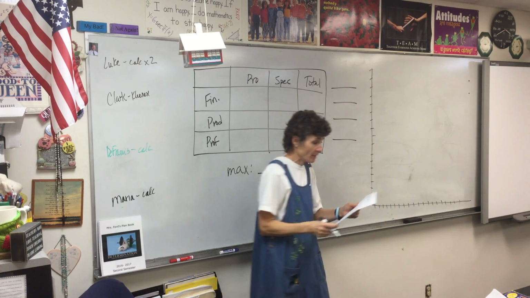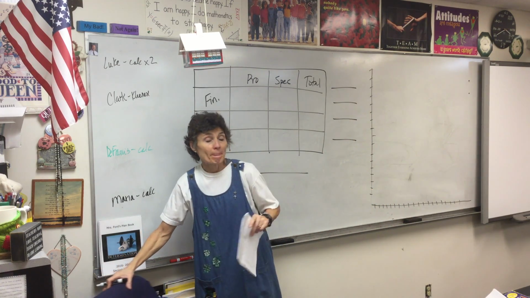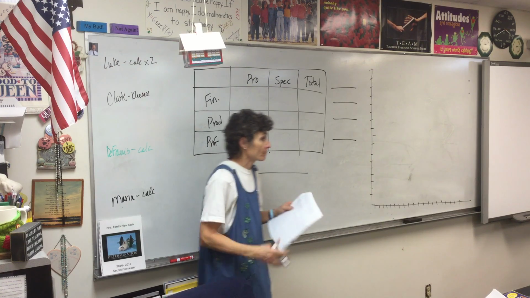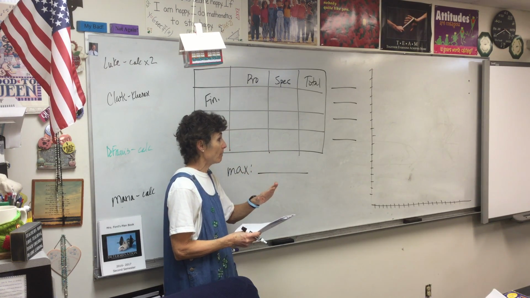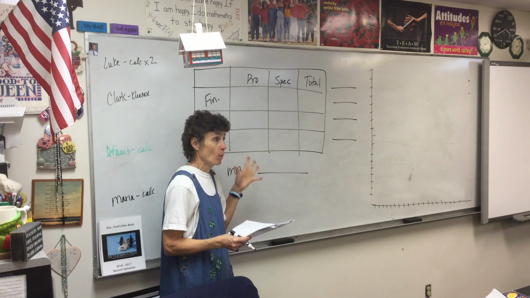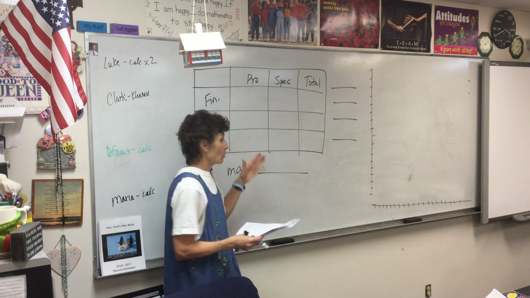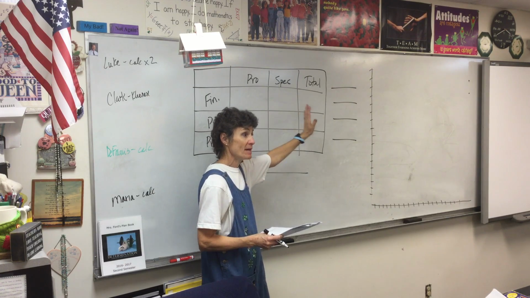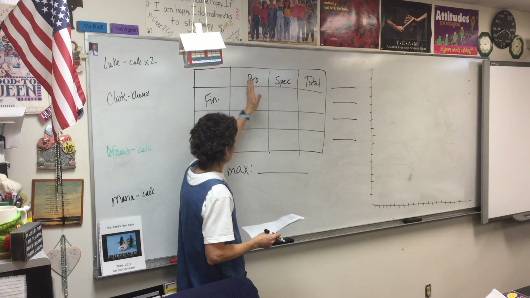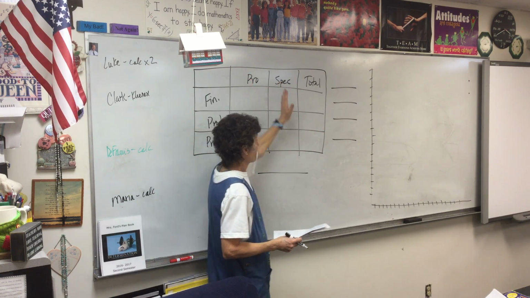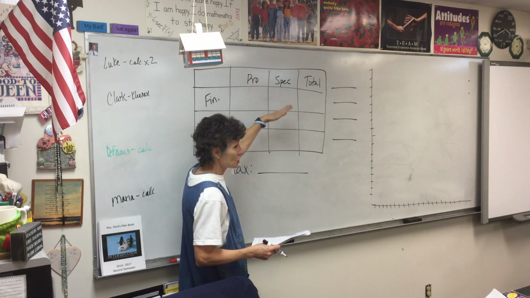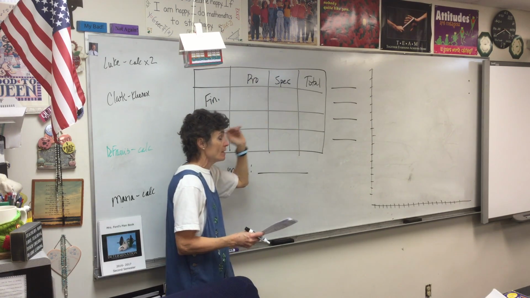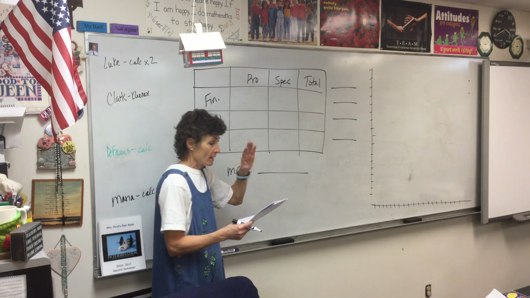All right, so here we go. Got anything filled in? Remember, every number in the problem has to go into the chart somewhere. So we've got rows and columns, just like in a matrix. So we got a pro column, and a specialty column, and a finishing row, and a production row. We got to fill stuff in. So,